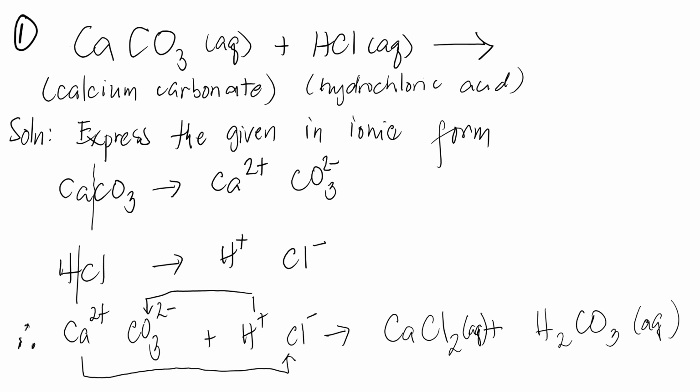While the other is carbonic acid. So carbonic acid is again aqueous because this will also mix with water. So meaning what we have is a mixture of calcium chloride and carbonic acid all in solution form. Again, all in solution form because both of the substances are aqueous in form. Okay? So that's it. Thank you.